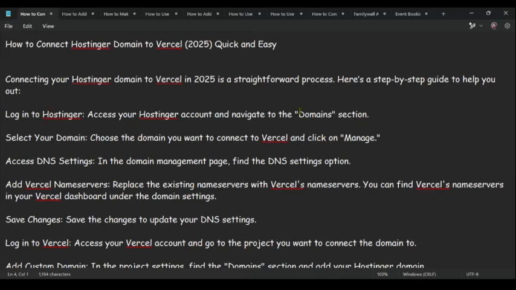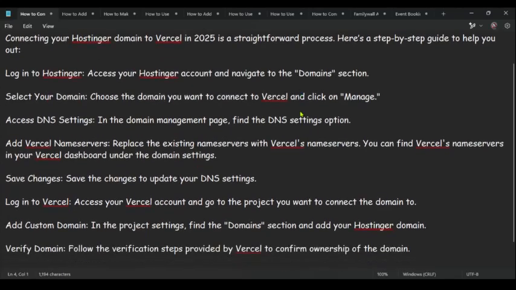Once you do that, you can easily access your Hostinger account and navigate to the domain section. Once you access your Hostinger account, go straight to your domain section, then choose the domain you want to connect to Vercel and click on manage. Now access your